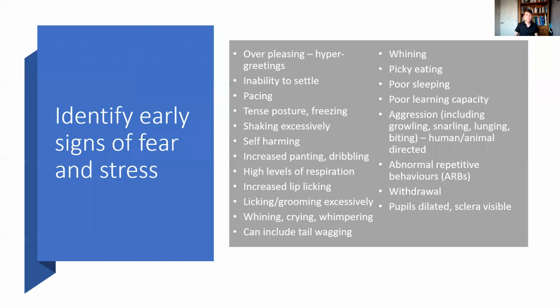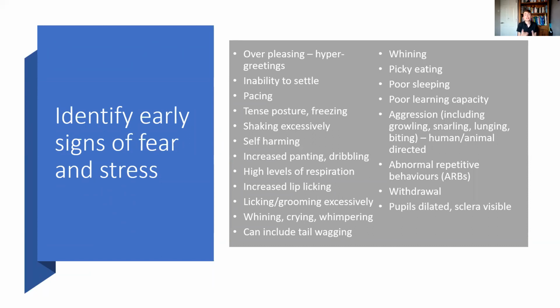So the next thing is ensuring that you're able to identify those early signs of fear and stress, because it's really key for when things do go wrong, when your dog is starting to experience fear, that you catch it early, that you can get your dog out of that situation and remove that fear before your dog starts responding aggressively. So again, trying to prevent that aggression by being proactive and recognizing those early signs of fear and stress, and being able to get your dog out of the situation. So these are just a few signs of fear and stress that you might see in dogs.